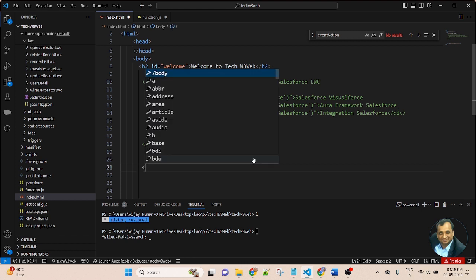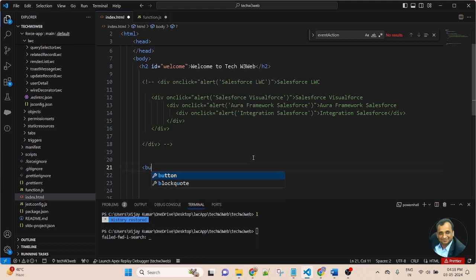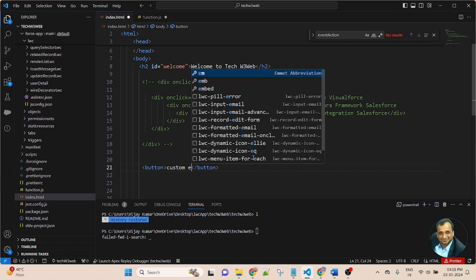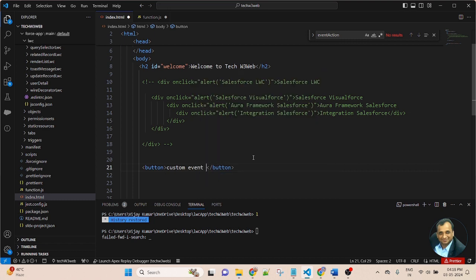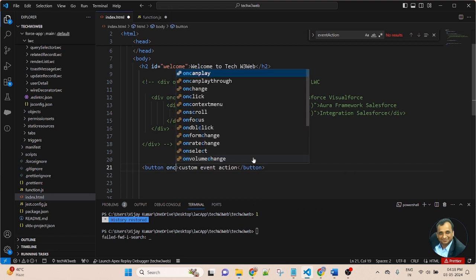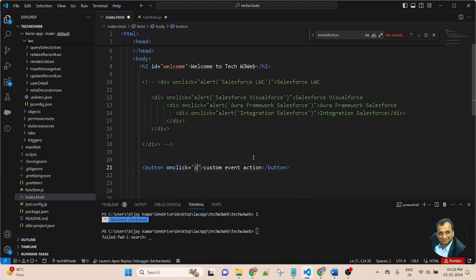So in the HTML, first create a button, custom event action, and in the button I am passing onclick, event action.